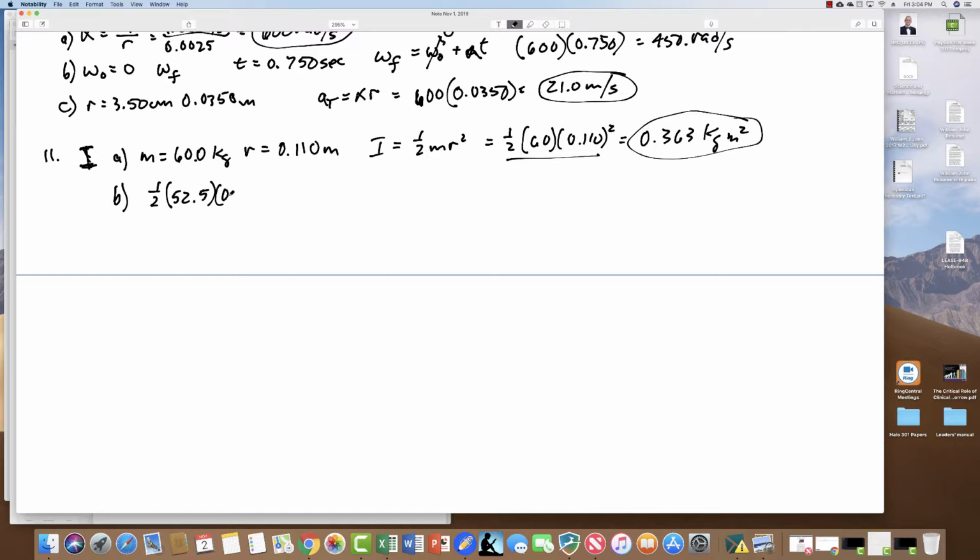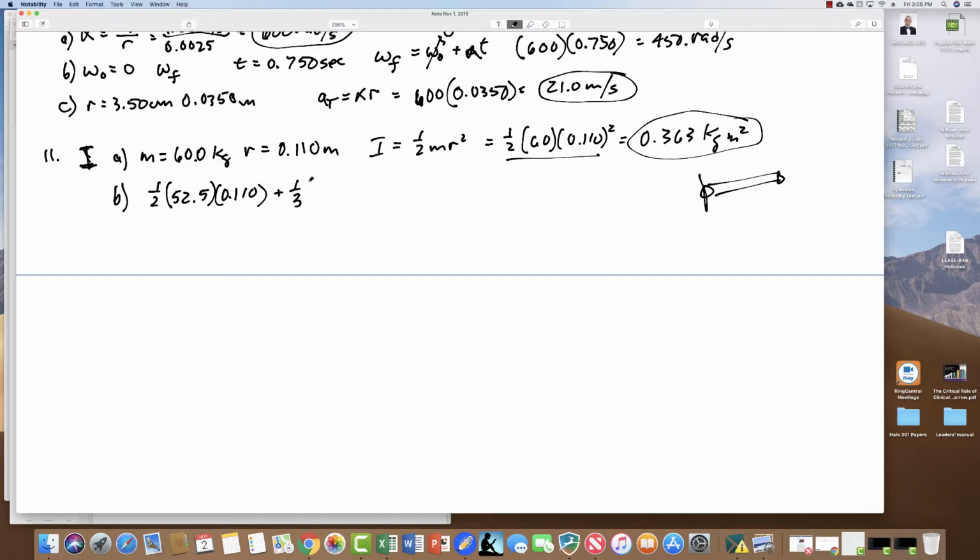And she's holding her arms out, and when she holds her arms out, it approximates what they've called here a cylinder, like the rods rotating on their ends. So it's like you have a cylinder, but it's rotating on the end instead of through the middle. And so if you look that up on the table, that's